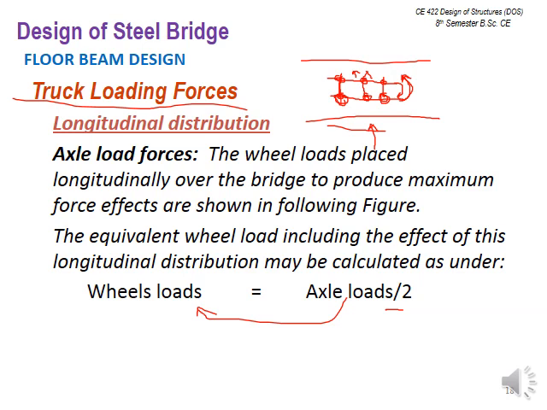So in this way, first of all, longitudinal distribution, considering the wheel load by making half of the axle load, you will calculate the equivalent loads. Those equivalent loads in the form of axle load you are going to shift in the lateral direction, in this particular direction. The equivalent loads will be considered as an axle load, not the actual axle load. The equivalent load as an axle load will be transferred in the lateral direction to do the lateral distribution of the loads. See how we do it.